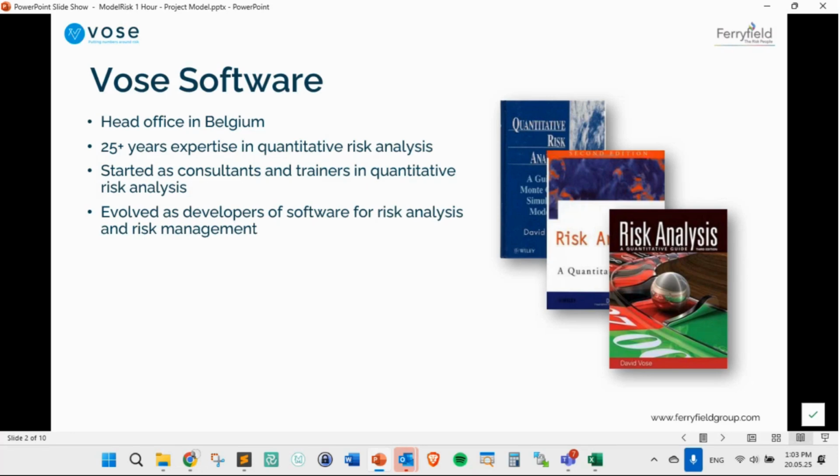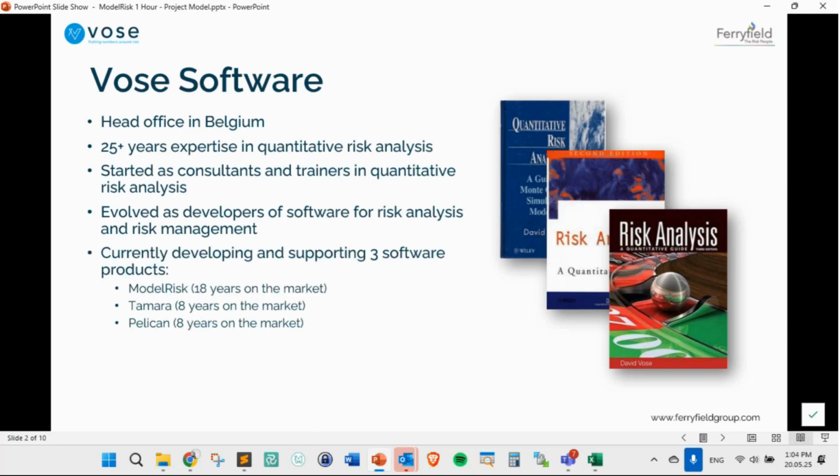And how does Fairfield match with Vose Software? We are the commercial arm of Vose Software at the moment. That means we are in charge of all the promotion and sales for the software. The main product, and the one we're going to talk about today, is ModelRisk, which is Monte Carlo simulation on top of Excel, with more than 18 years on the market. They also have a software called Tamara, which does Monte Carlo simulation for Primavera risk analysis and also for MS Project, and Pelican, which is an enterprise risk management software. We're going to focus our efforts today on